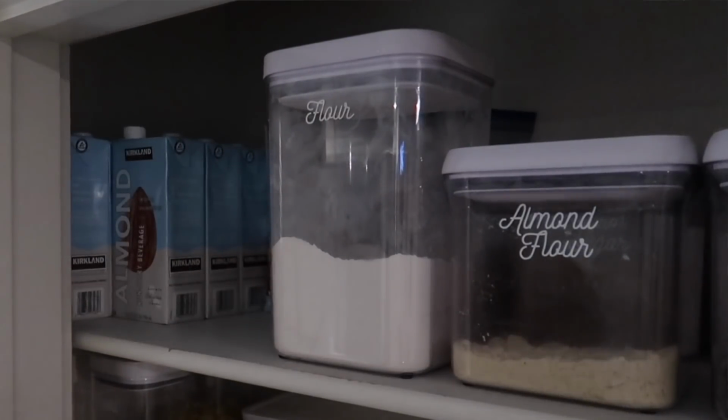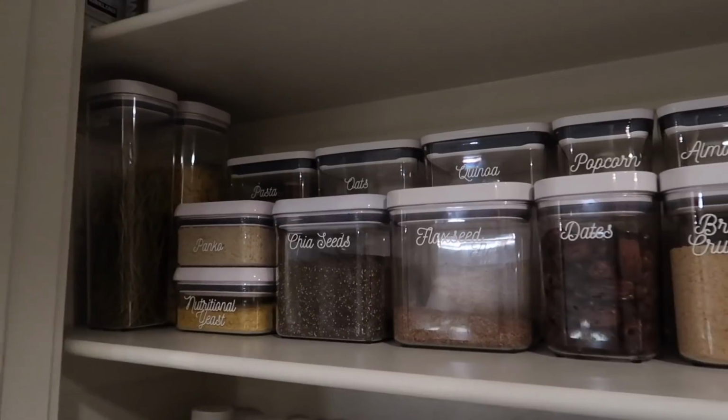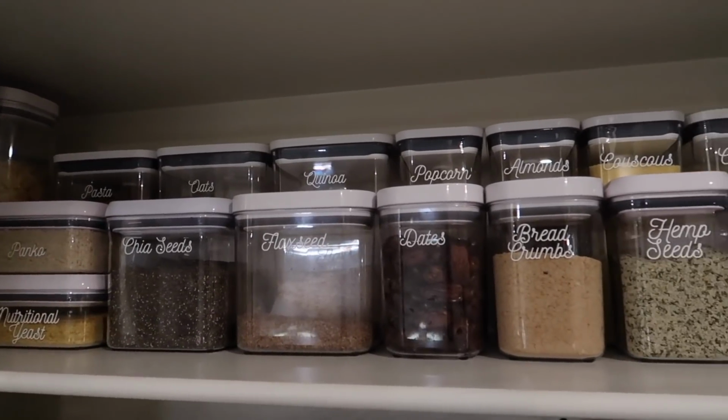I don't need to go there very often. I just pop open my little expandable step stool, grab exactly what I need, and pop it in the fridge. So that's a perfect use of space for me. Moving down to the next shelf, you'll see I have lots more OXO containers with more dried goods in my